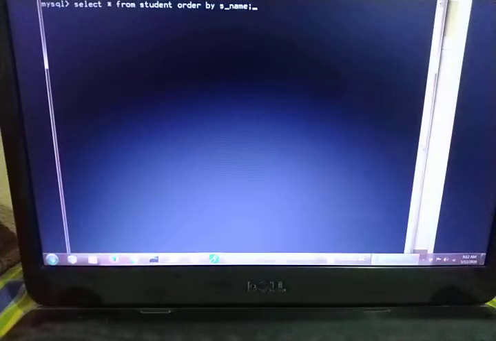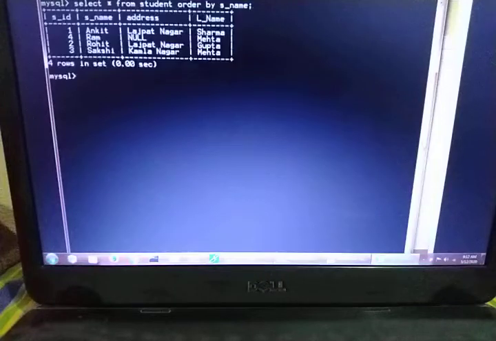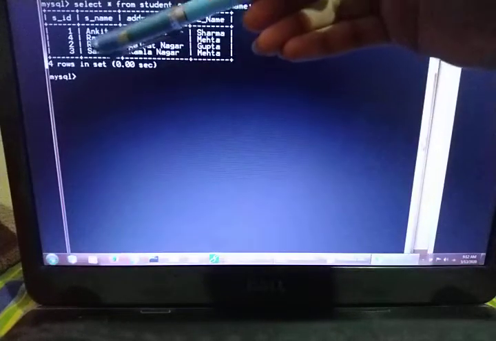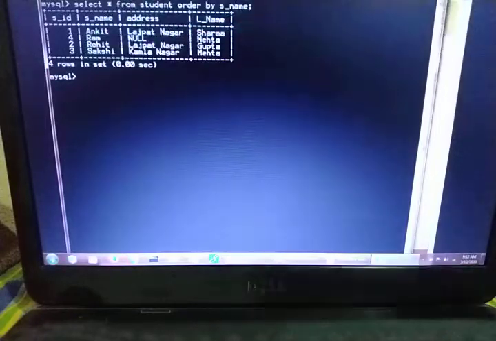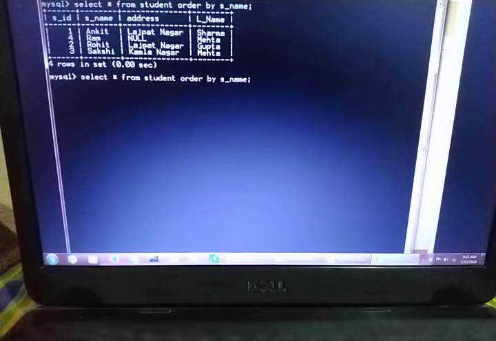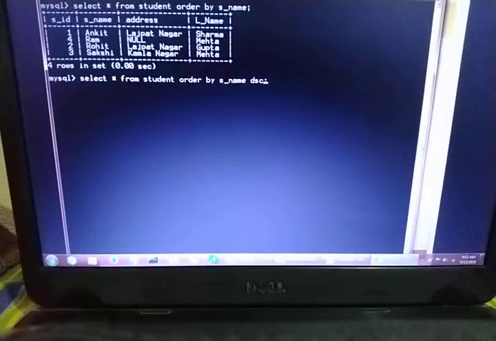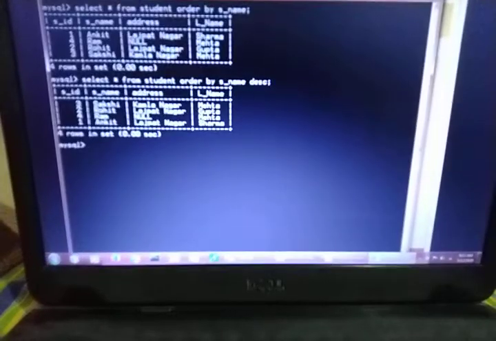So directly I write select asterisk from student order by S name. By default it gives you ascending order. So according to ascending order you will get the names Ankit, Ram, Rohit and Sakshi. Fine. If you want the same in descending order, you can write DESC. So it will give you Sakshi, Rohit, Ram and then Ankit.